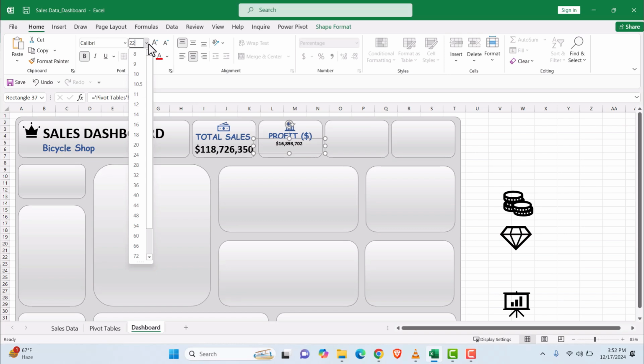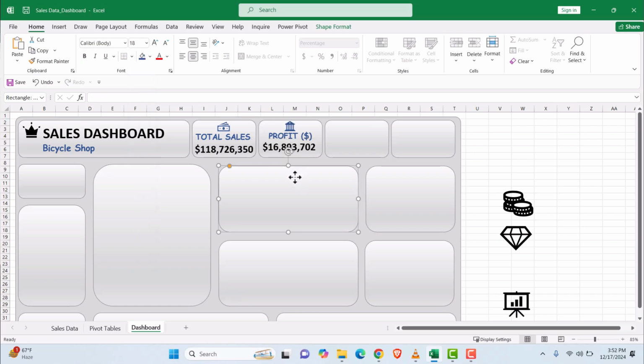I'll make it 22 and I'll hit enter. So this is the value we got. Now we need another section, which is the profit percentage. So what I will do, I will copy this text, Control C and Control V. Oh, sorry, let me undo this step, and I will copy this with Control C, Control V, and now I